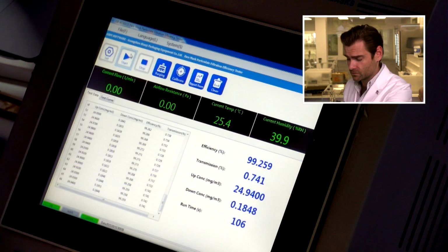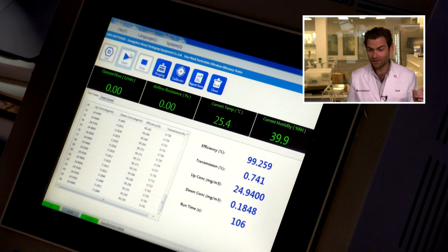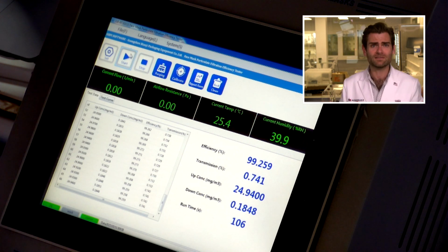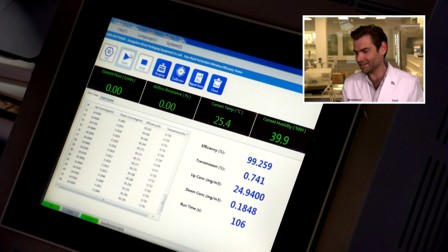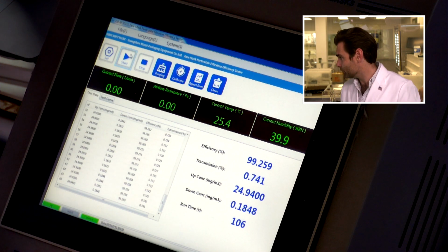That's what this machine will tell you, folks. That's right. So let's stare deep into the PFE machine and have it give us our oracle answers. Oh, there you go. We have had nothing but, this is like the fifth one that we've tested in a row, KF94, and 99s all day long. 99.259. Do you get the breathability? Oh, this is one of the better ones,